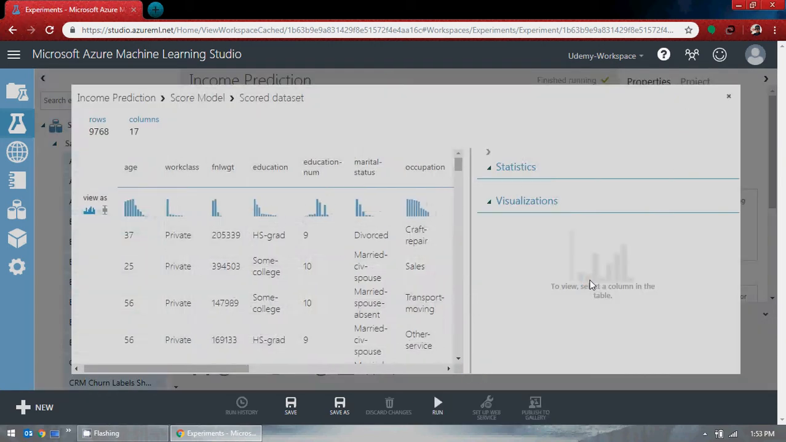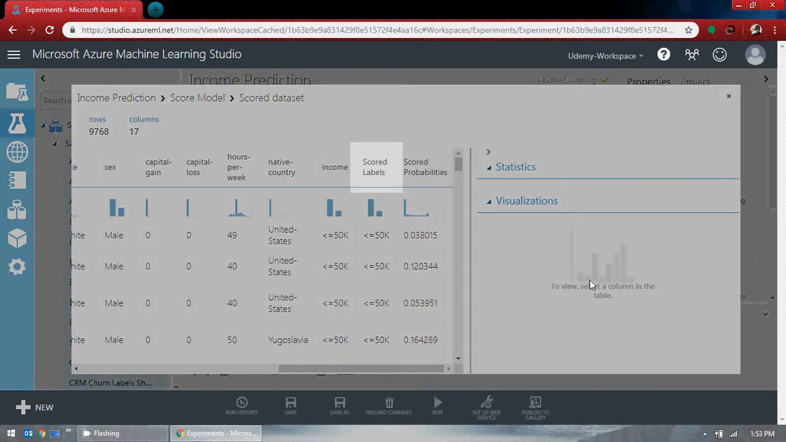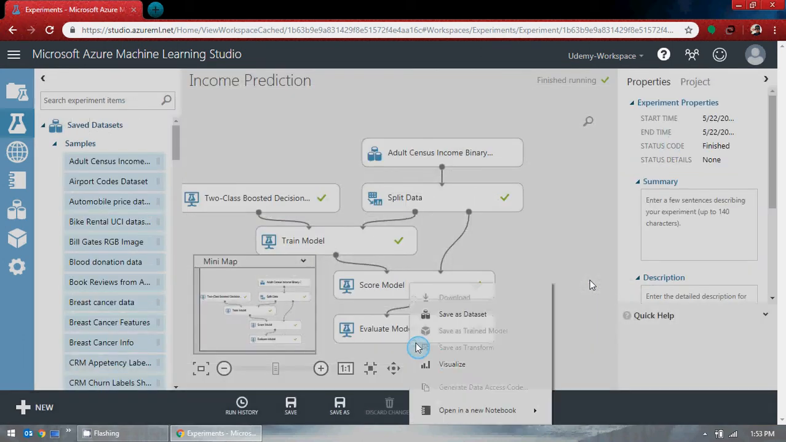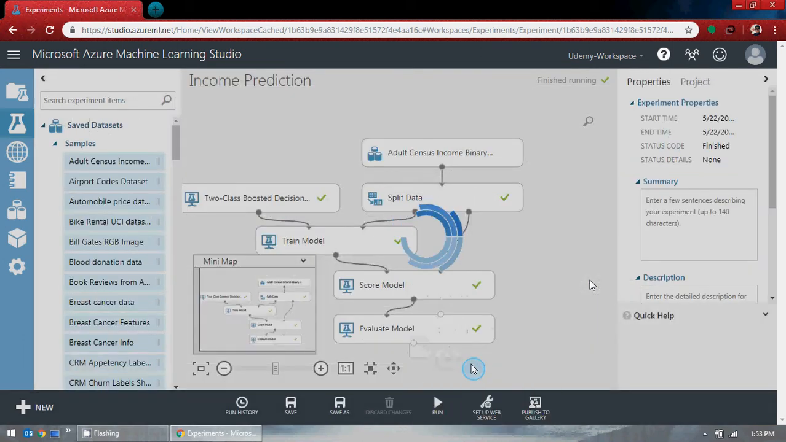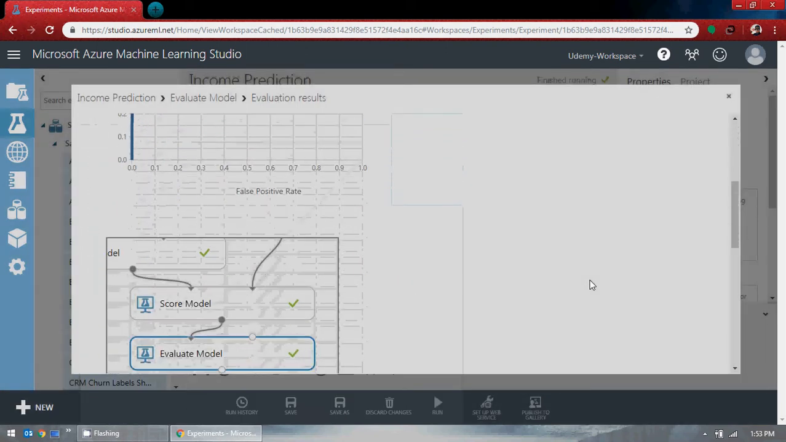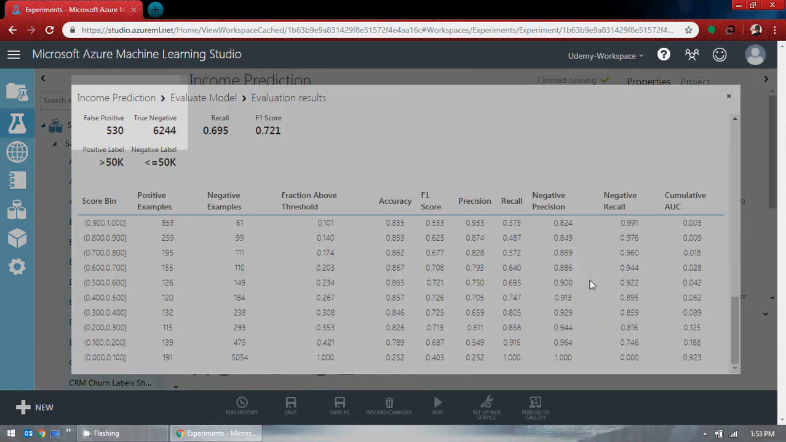Let's see what happens. So this predicted income with scored labels and probabilities, and you want to see this evaluation model too, so let's visualize that too. Let's see what it has. So this is how this graph shows up, and it shows, oh, this is really good numbers, but to be honest, you don't see much of